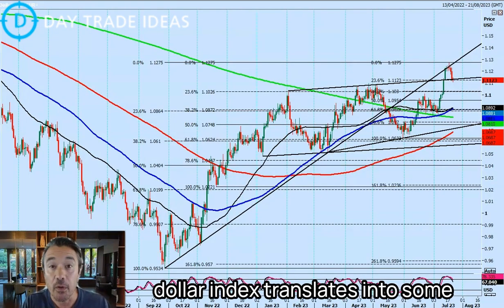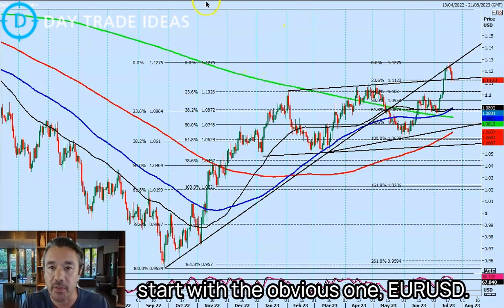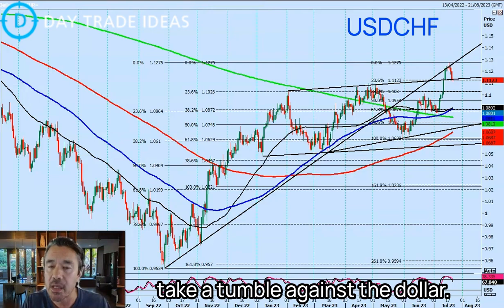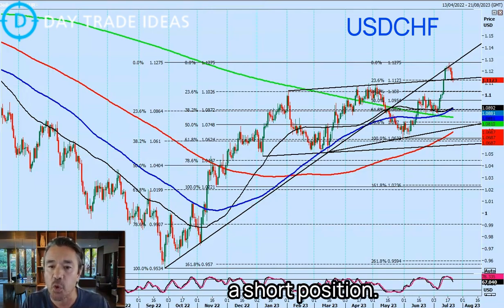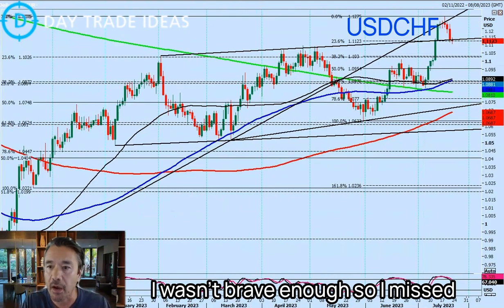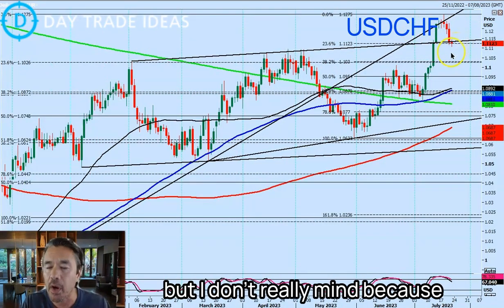Let's see how that outlook in the dollar index translates into some of the US dollar pairs. And we will start with the obvious one, euro versus the US dollar. So I did suggest at the beginning of last week that the euro would take a tumble against the dollar. I did even suggest a short position. I'll be honest with you, I didn't manage to get into a short position. I wasn't brave enough. So I missed a bit of a move to the downside,